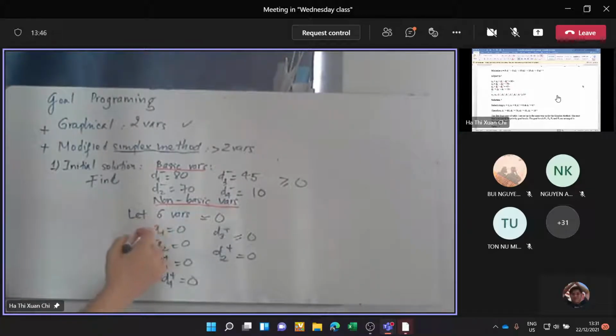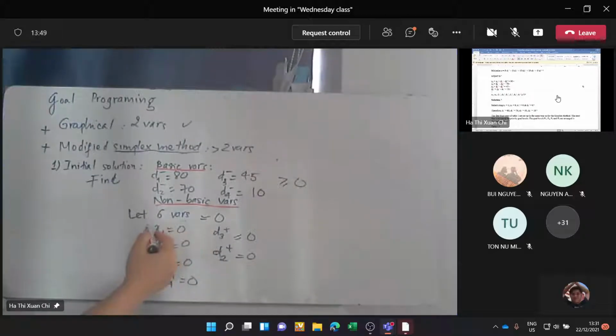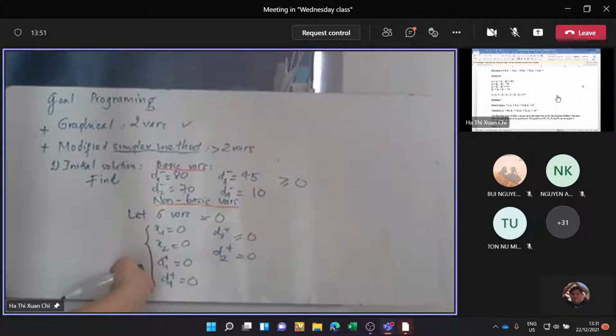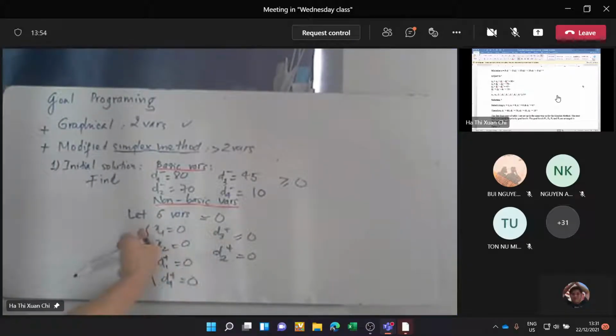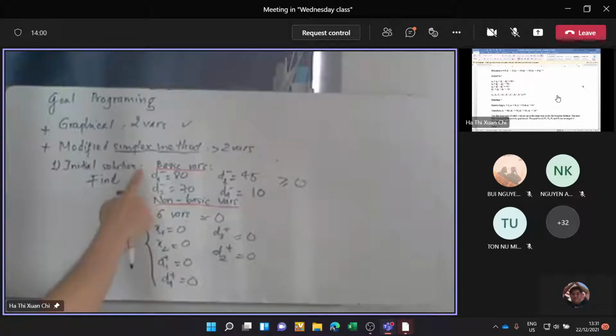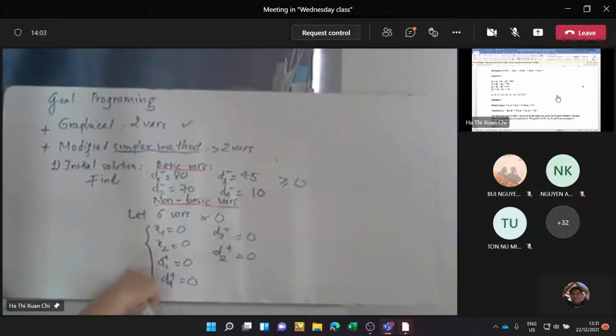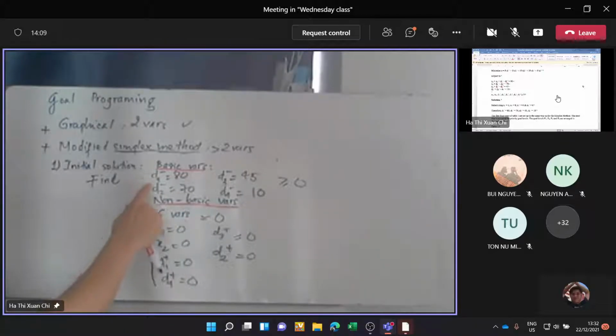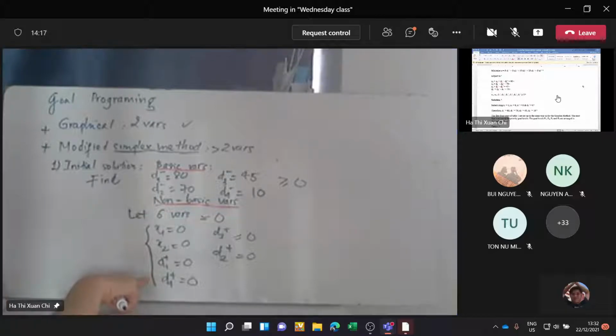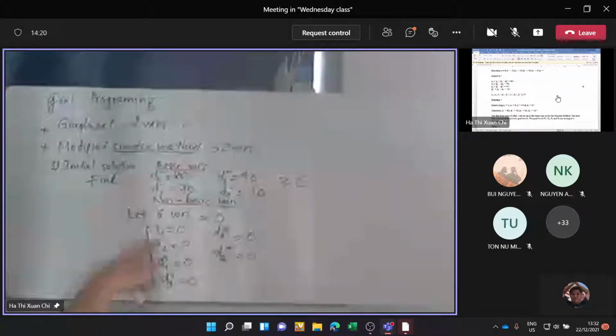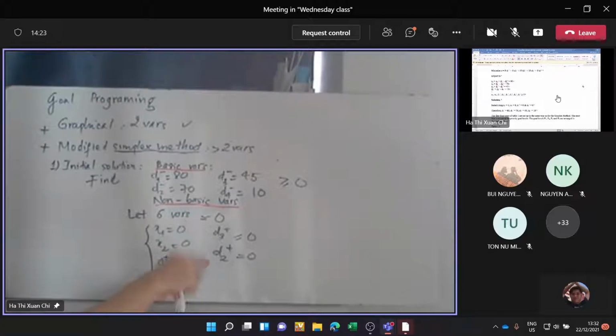In here, actually, you can select a different variable here equal to 0. You can select 6 of 10 variables here equal to 0. But make sure that the values you get here must be greater than or equal to 0. But in here, why do I select this value equal to 0? Because I want it like this, everyone.